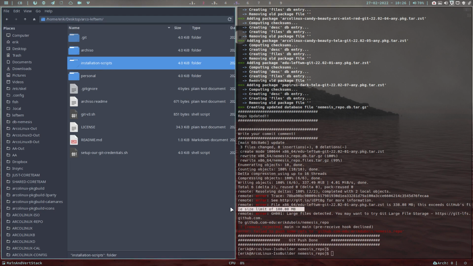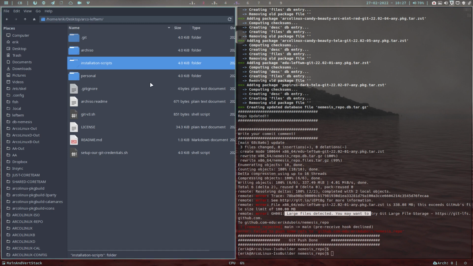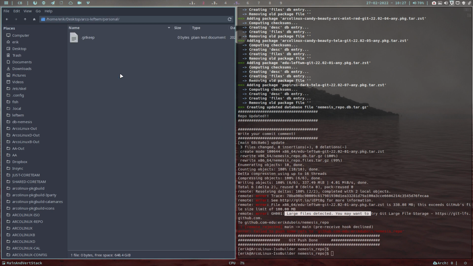Too large, size limit. That's the problem with GitHub, right? This exceeds GitHub's limit. We can't push to GitHub. Forgot about that. Large files detected. It's not possible to update these things. So we did forget something. We'll have to take less wallpapers. And then what we do here,